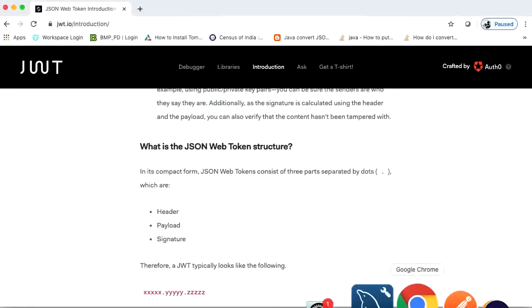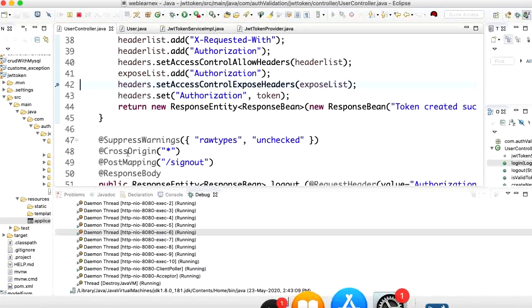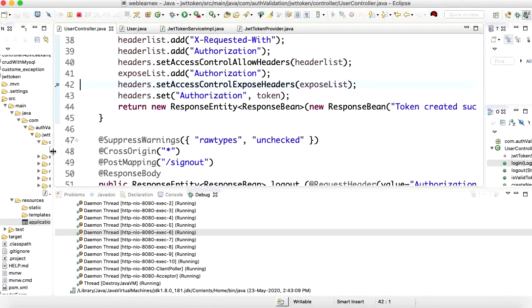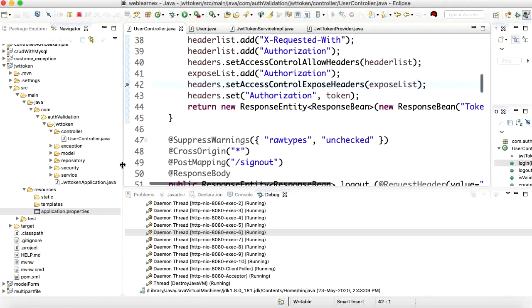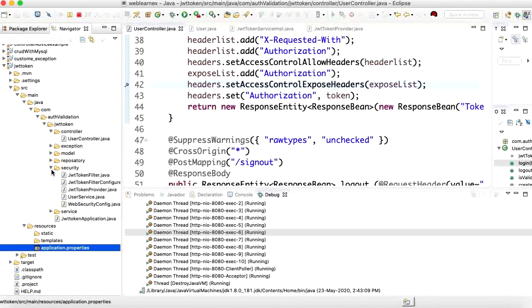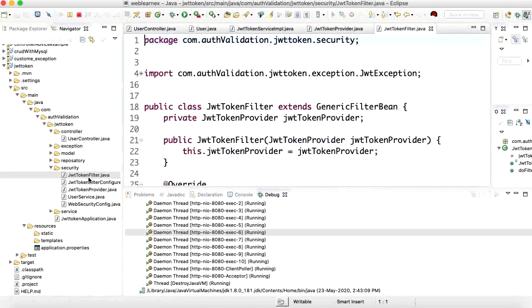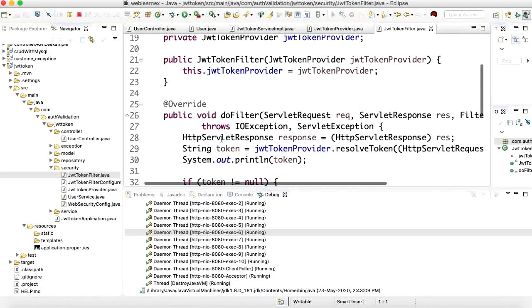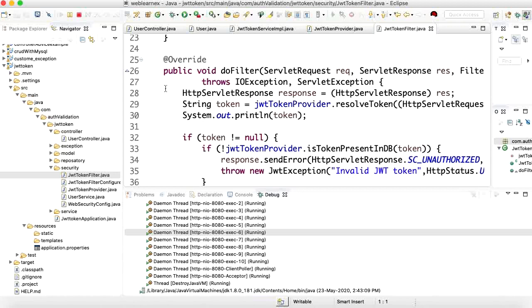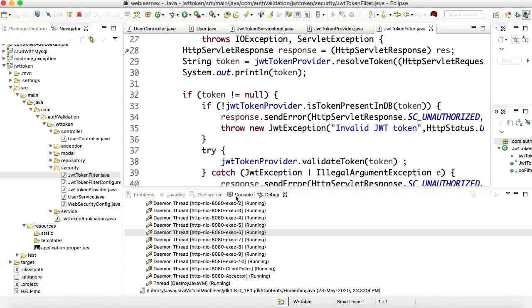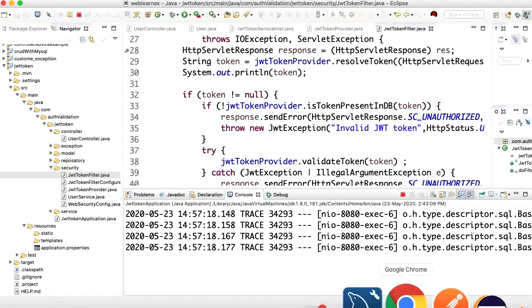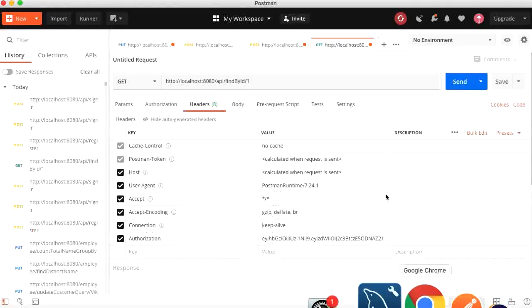Let's add some debug points to the filter method first, so it will be easy to understand how it is working. So let me add one endpoint here. Let me pass the request. So I'm going to pass my request.